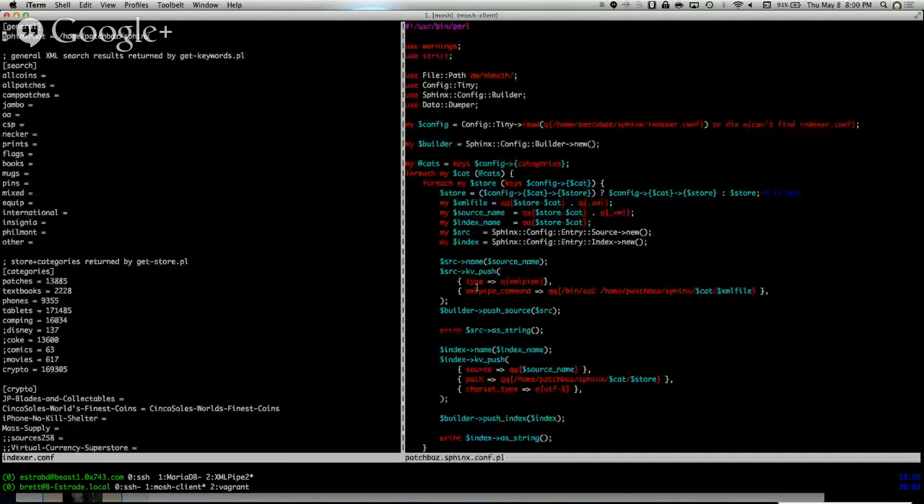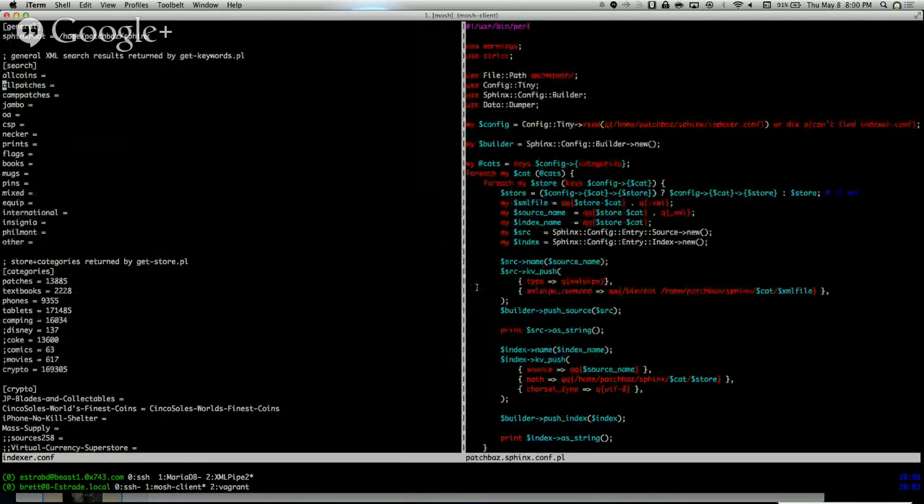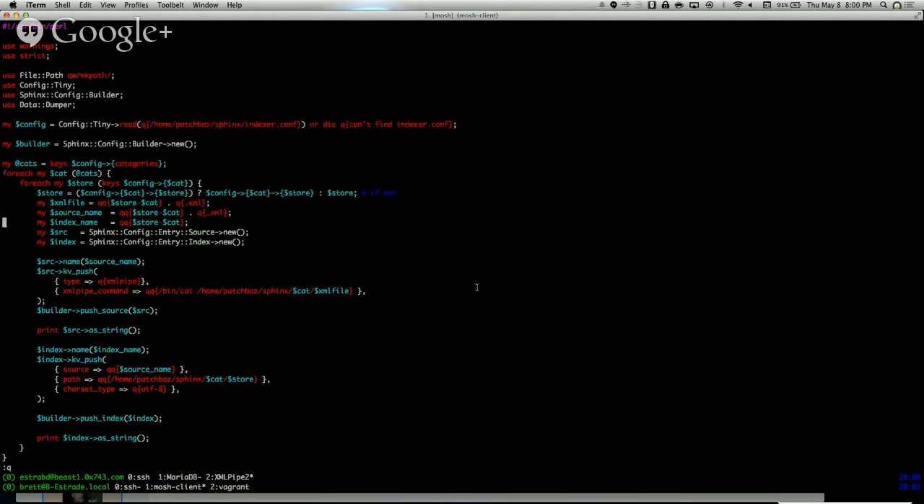Okay. So this here on the left-hand side is a configuration file, and it's just an INI file, and it just lists all the basic searches, and then I've got categories that I search, and within each category I've got stores that I search. This is the dynamic configuration file itself. It uses the Sphinx Config Builder